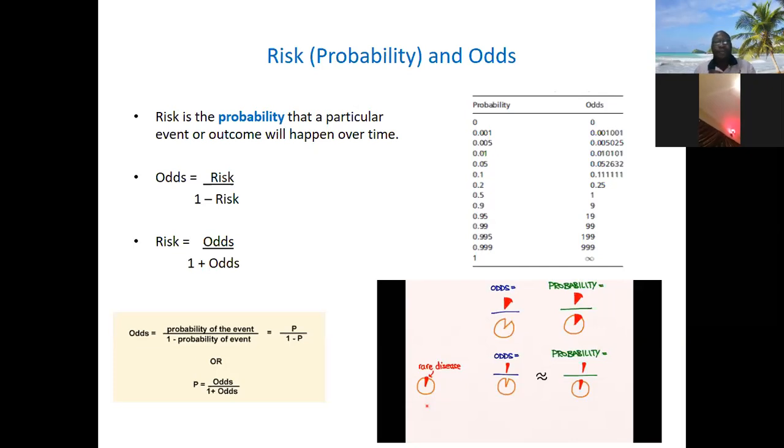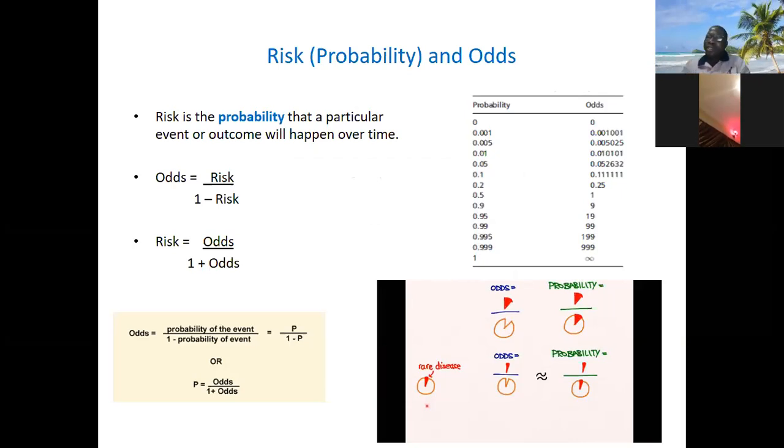What of odds? You can easily understand that the odds of an event is the probability that the event occurs over the probability that it does not occur. The probability that the event does not occur is 1 minus the probability that it occurred. So if I say the probability of it raining tomorrow is 0.6, 60%, the odds will be